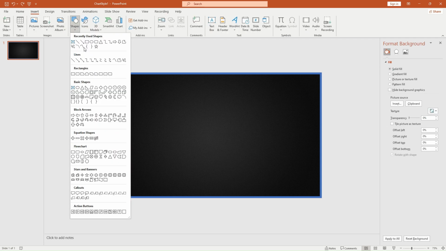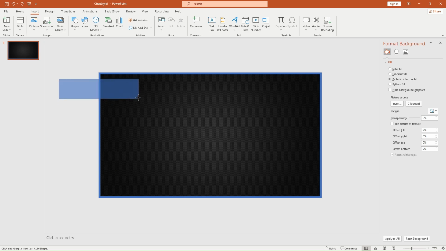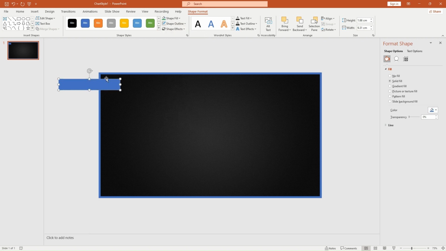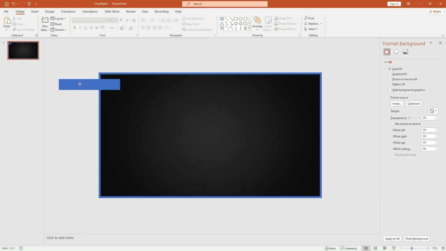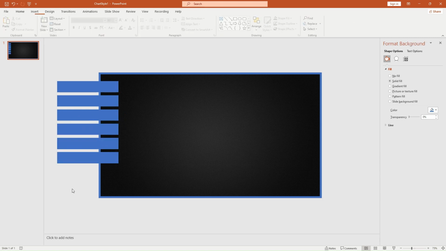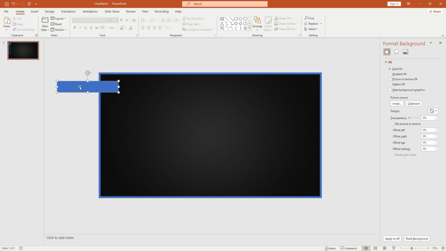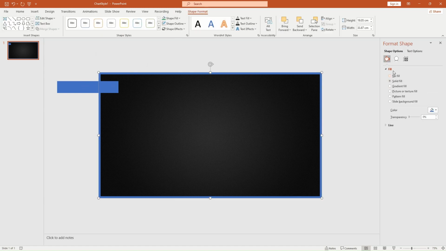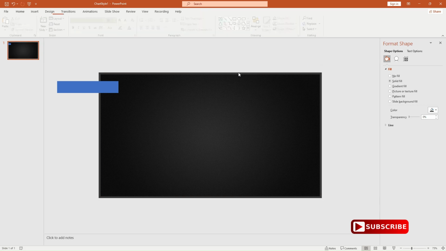Next step, we will insert rectangles for each of the topics that we have in the presentation. I will have 6 topics for this presentation. So I need to make sure 6 rectangles like this will fit into my slide. Yep, that's fine. At this point we need just one, and we can even make it a bit bigger. Okay, let's change the color of the frame to this,